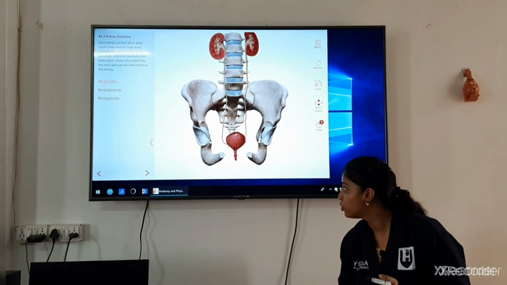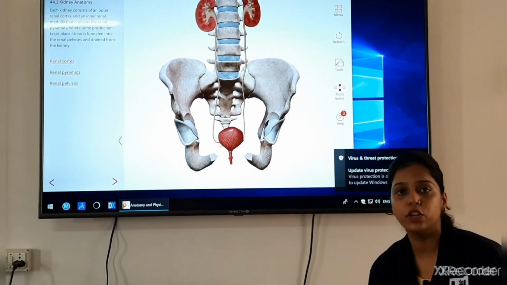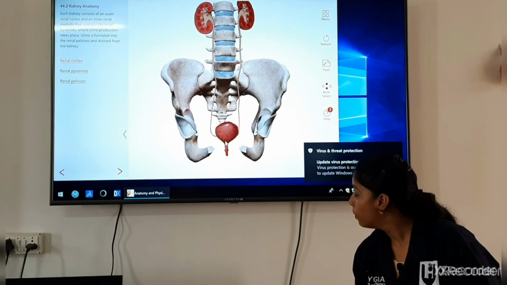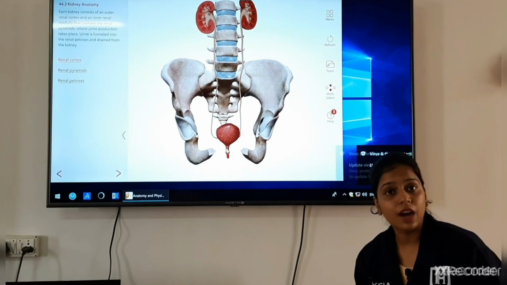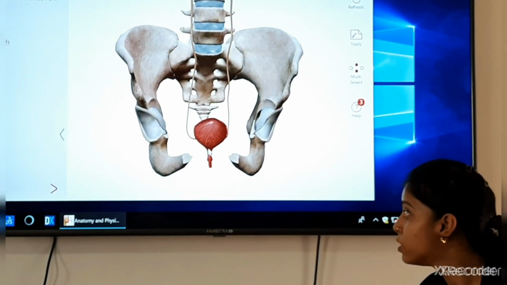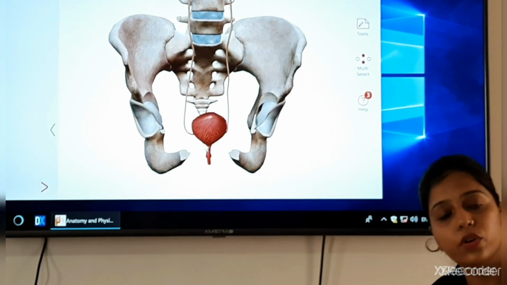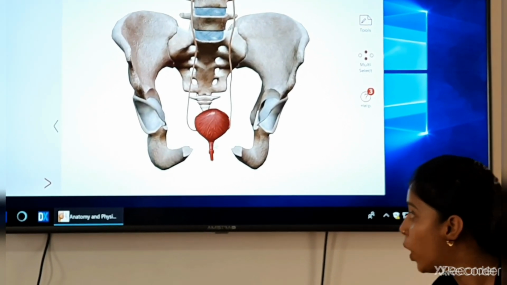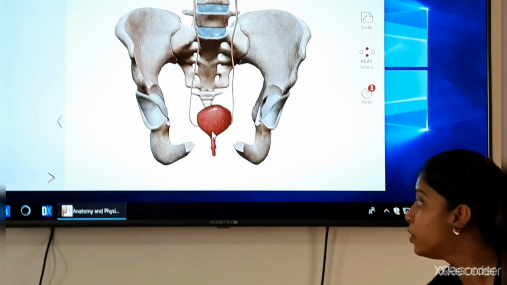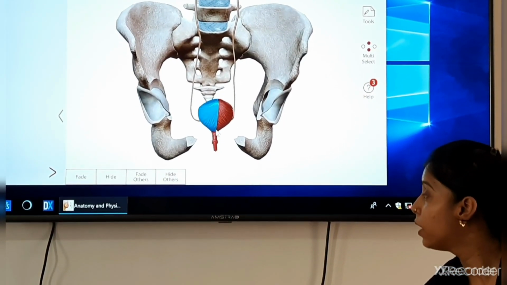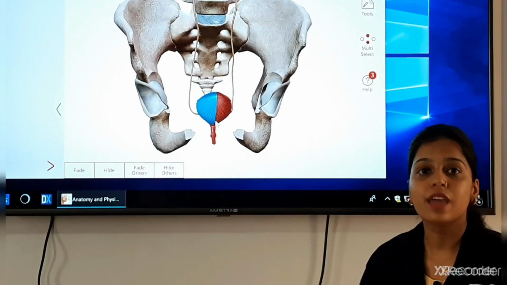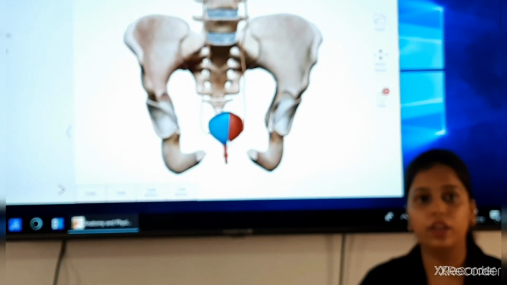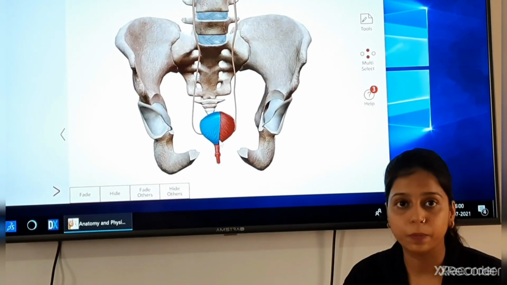This is the tube-like structure, the ureter, that is ending at the urinary bladder, and the other thing is that from the urinary bladder the urethra is starting. So the orifice or the opening is termed the urethral opening. So these 2 posterior openings and 1 anterior opening make a triangular structure that is known as the trigone. So this is the speciality of the histological part of this urinary bladder.